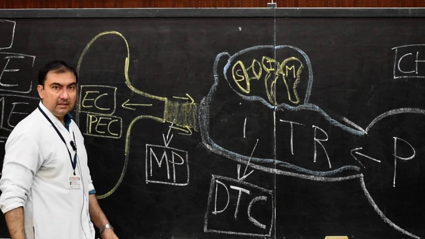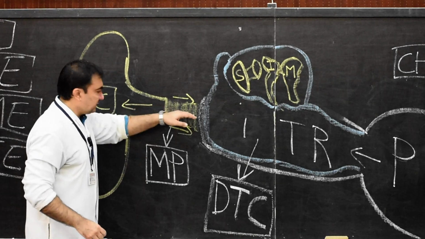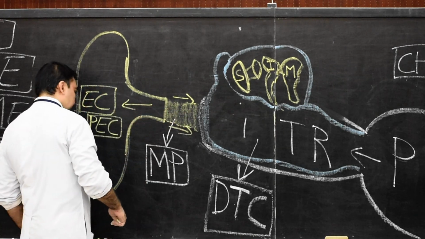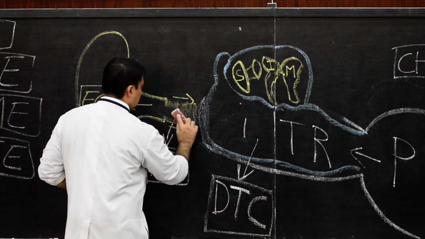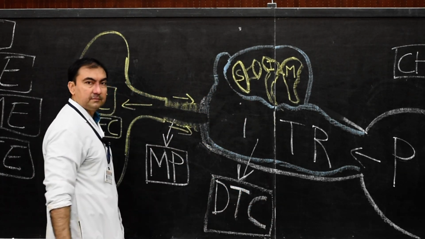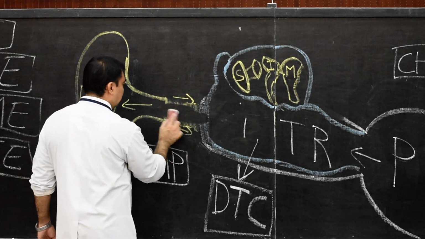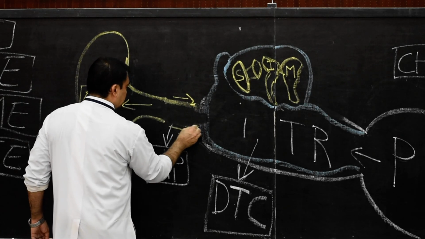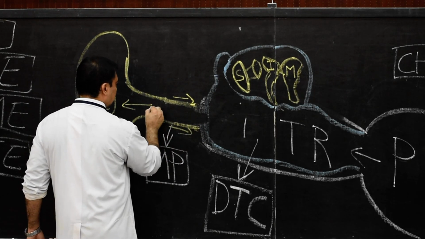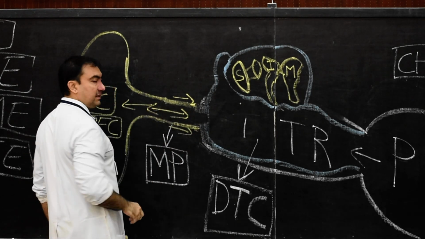M-E-A-T-A-L, meatal plate. Later on what will happen? Canalization of this meatal plate will take place. So later on there will be canalization of this meatal plate of cells. And as there will be canalization of this meatal plate of cells, there will be conversion of this entire cavity